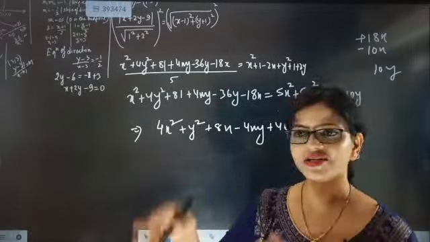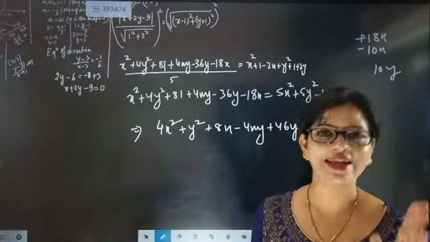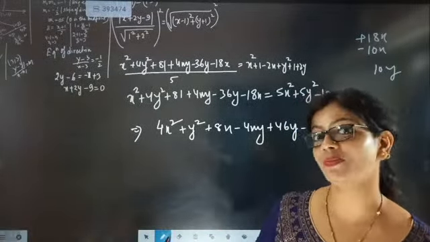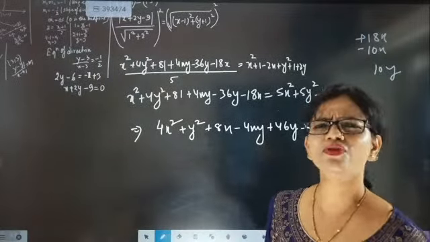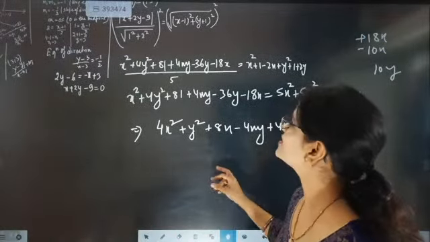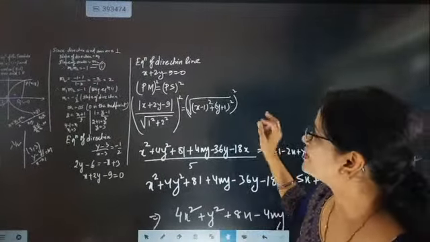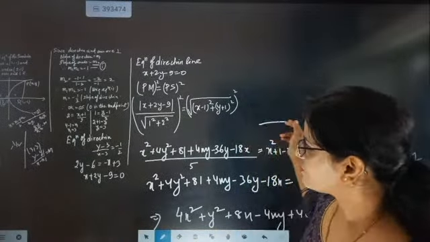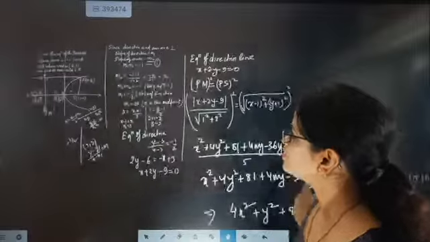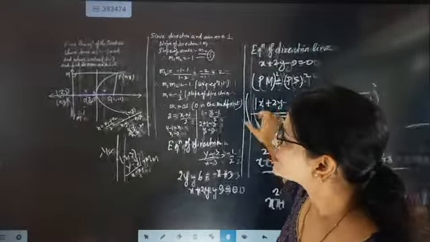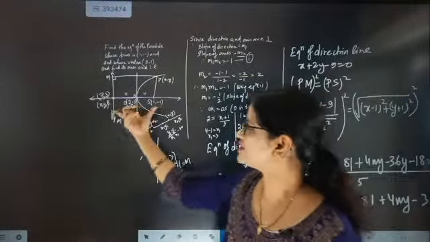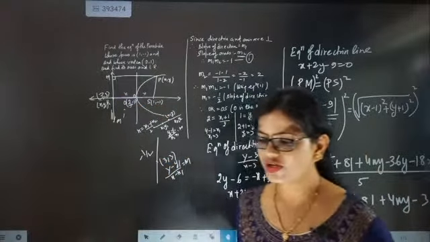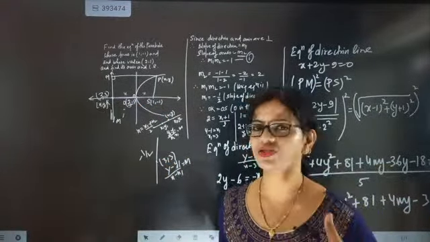Now look here, beta, find its axis. You know that the directrix and axis are both perpendicular to each other. We don't have to do much work here. All this, everything is done, all is well. The reason behind it is, you have to understand one thing. From here only, just check. What is the slope of the axis? You just have to get the equation of the axis. Fine. So the next important point is you have to get the equation of the axis.